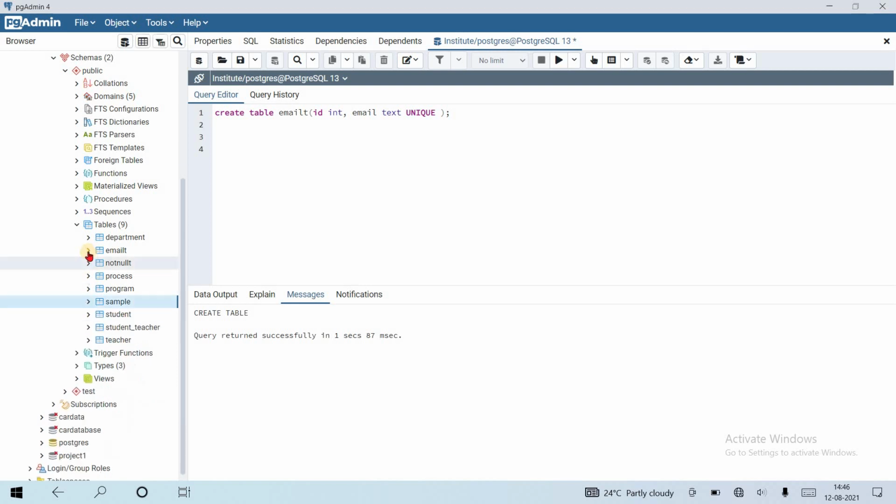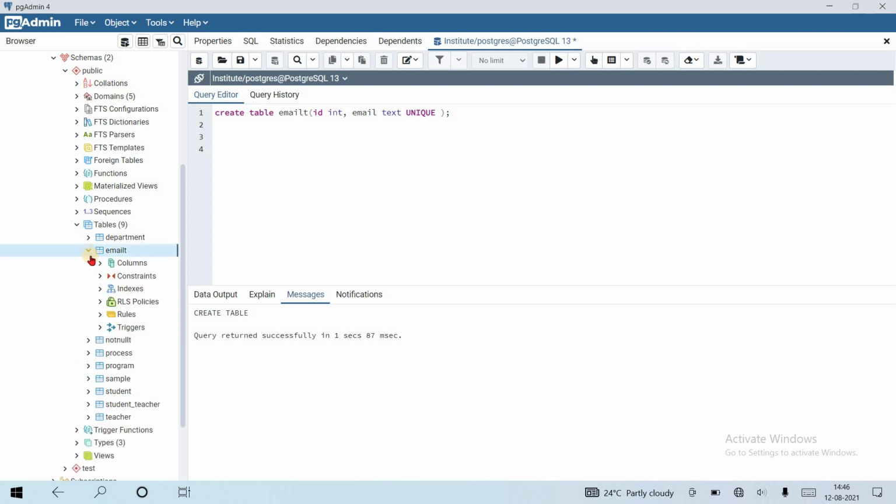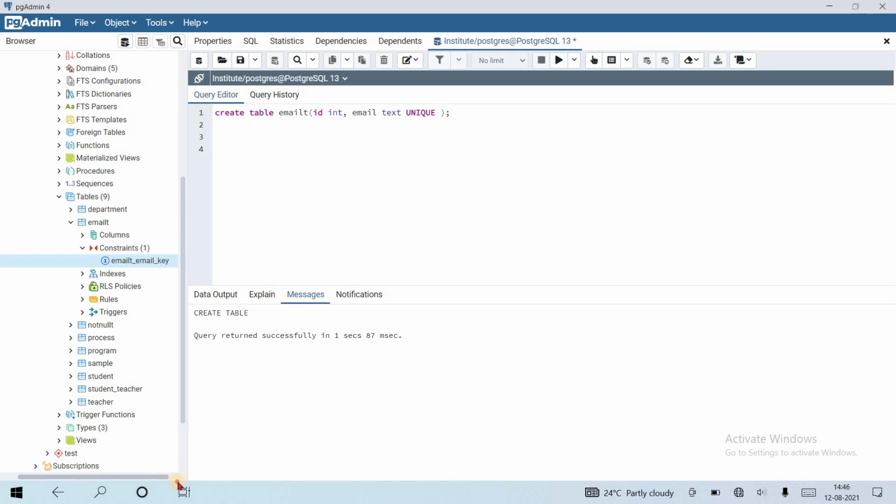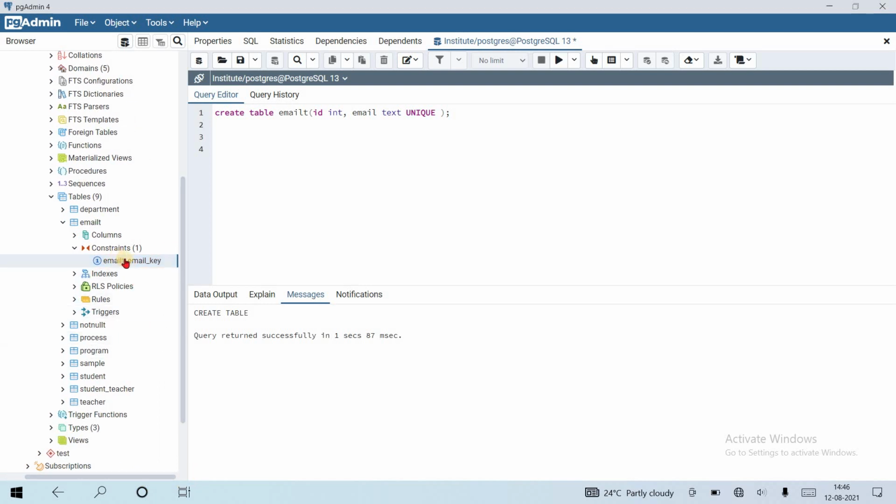If I click here on email_t and go to constraints, the not null constraint is not showing like this. The constraint showing here is the unique constraint. The constraint name is email_t_email_key. Email_t is the table name, email is the column name, and then underscore key.